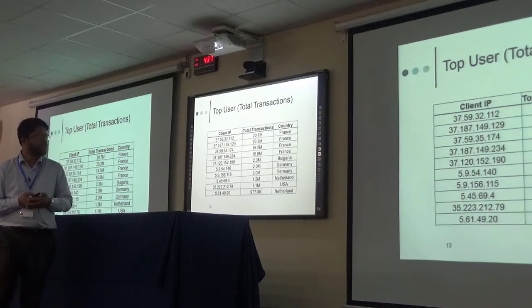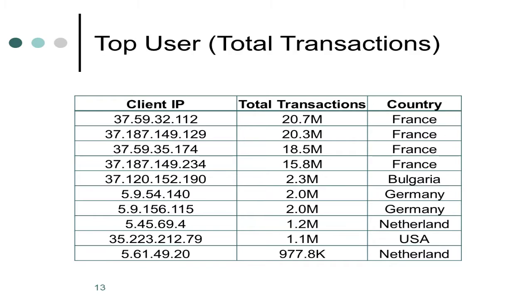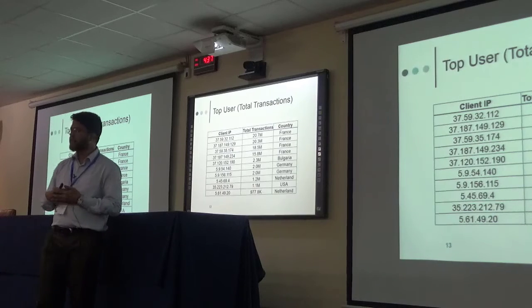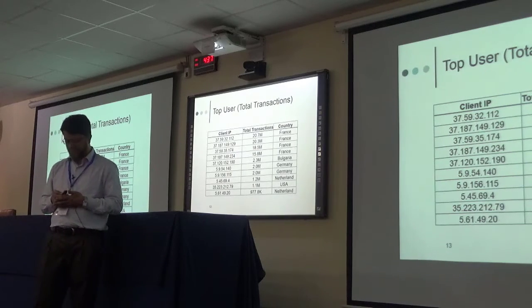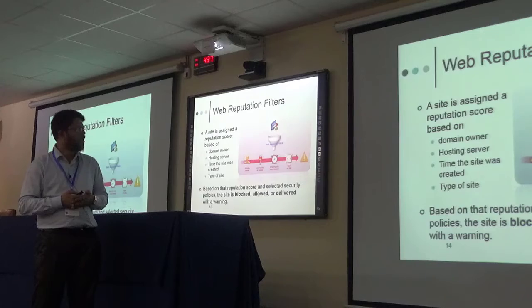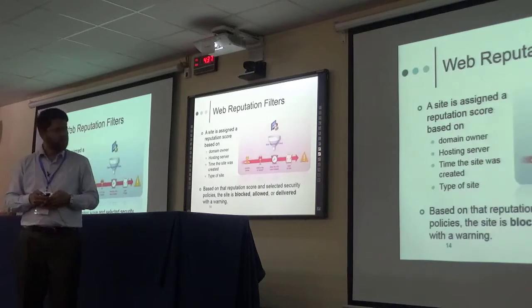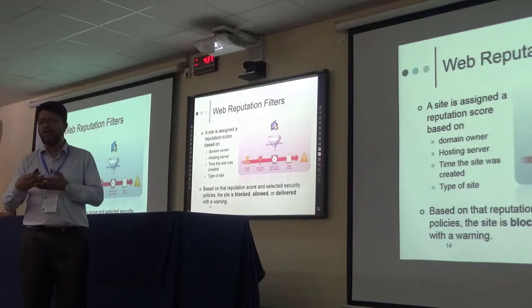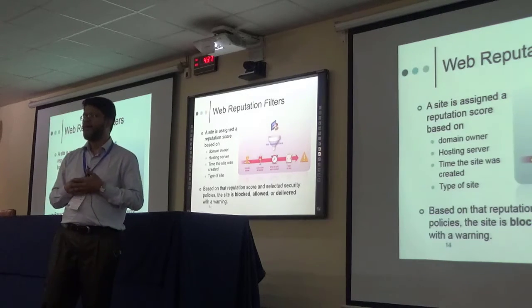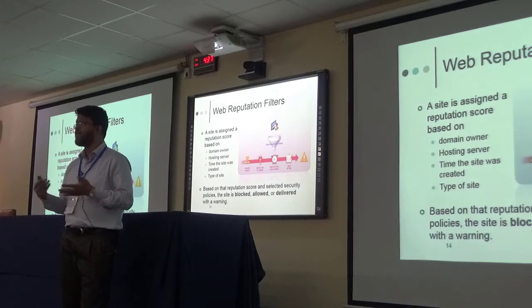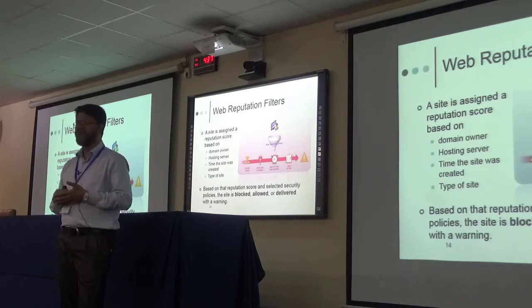This is the total transactions. So this was in terms of bandwidth, and this is transactions, how many connections this IP actually opened in our system. We have a maximum of 20.7 million packets or connections created by one of these IPs. So this was the basic statistics. What we wanted to look at is how the system actually filters packets,